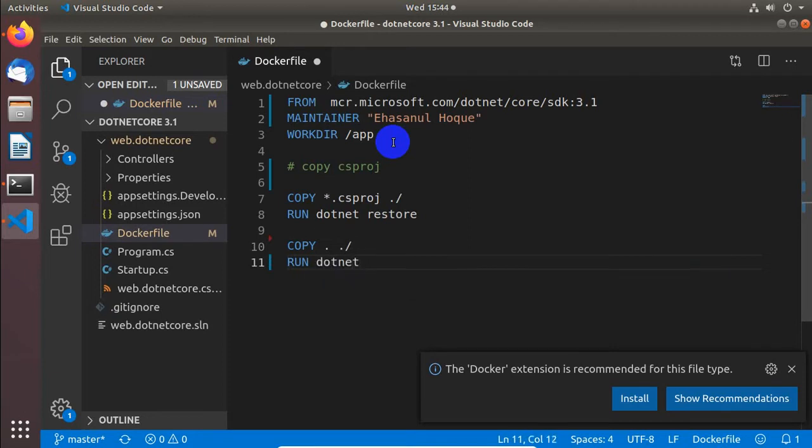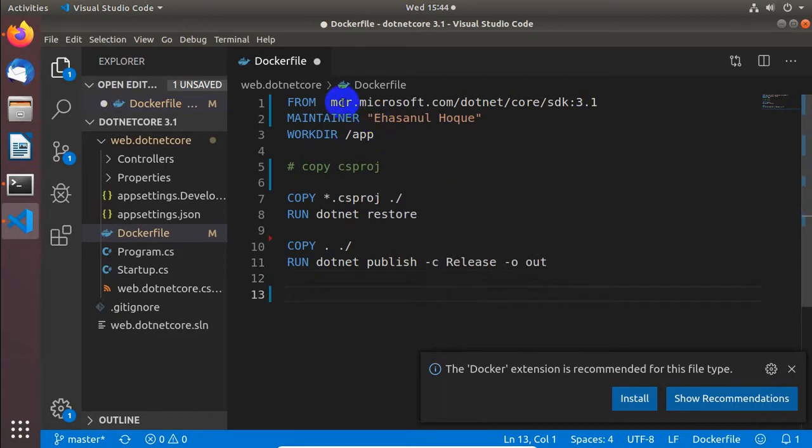Dotnet publish, the configuration will be release. Output directory is out.